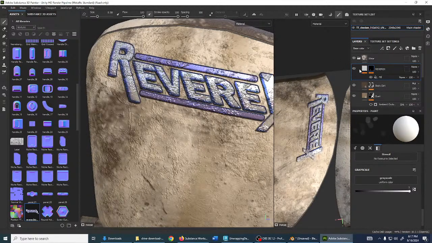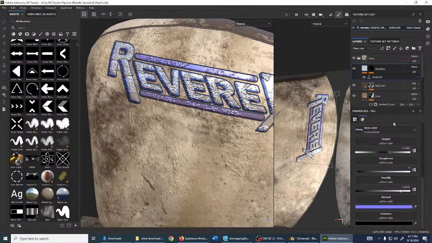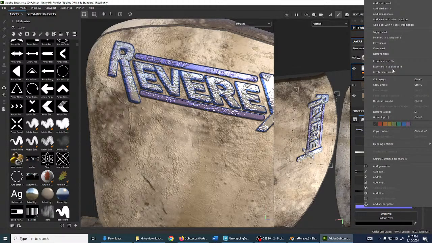So we have the basis of our sticker here. These settings, you can preset them to whatever you want. I'm going to say we're going to make this our pearlescent sticker. And let's say you want to carry this forward into another project and just slot in a sticker type to the base color, and it'll automatically convert it to whatever sticker you want. All you have to do is right click on the material, and you're going to click on